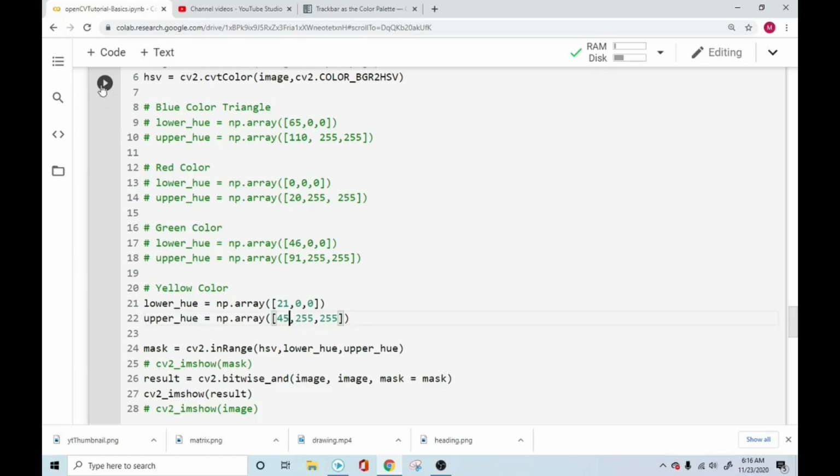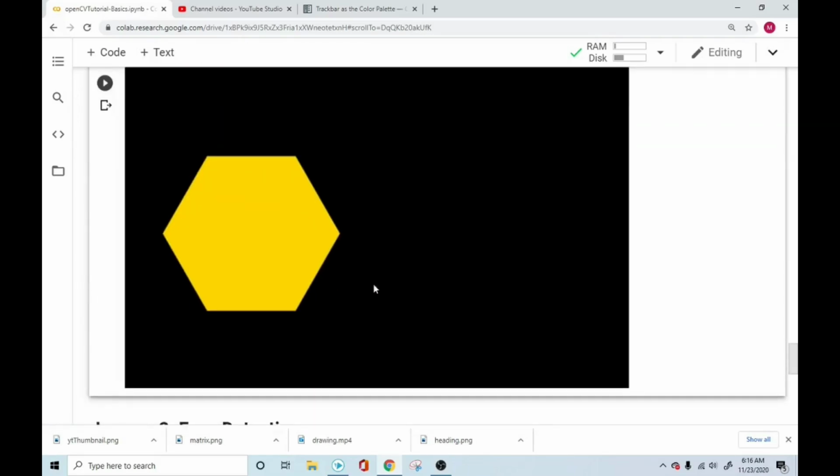So if we just needed the yellow color, let's run this, and you can see that it's only giving us